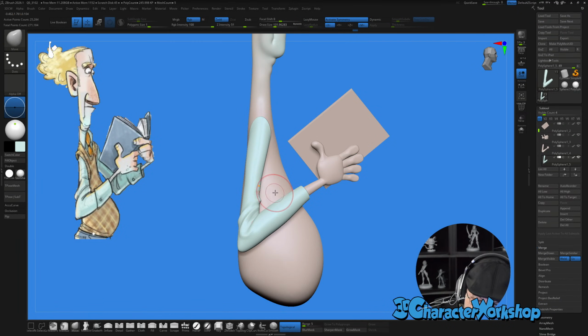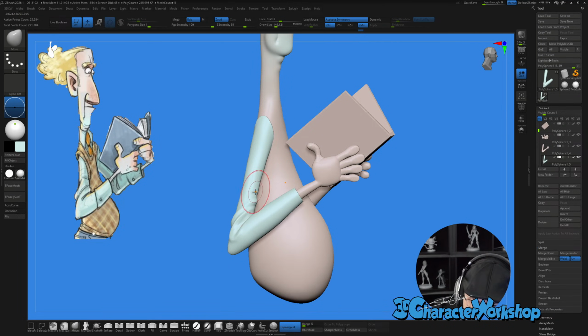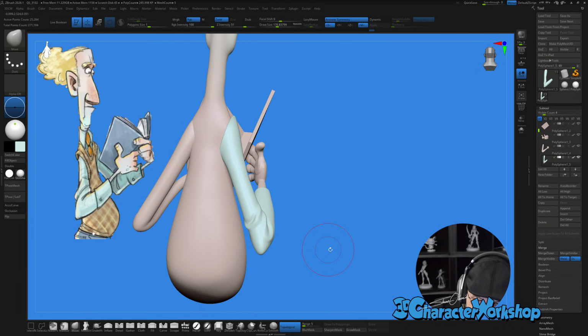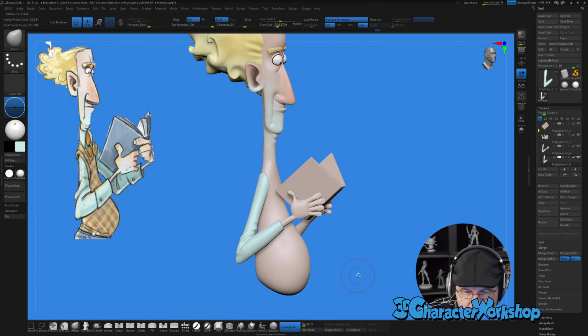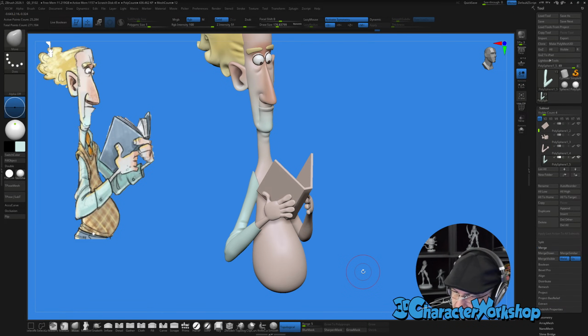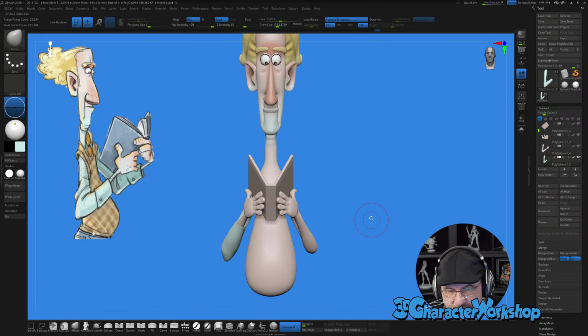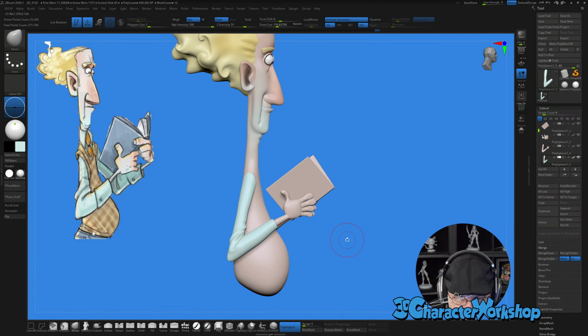Okay. If you cut down inside too much to reveal the skin, just kind of pull it out. And then, okay, if you've added subdivision levels, you can't really do a mirror and weld. It won't work.